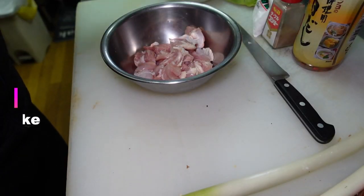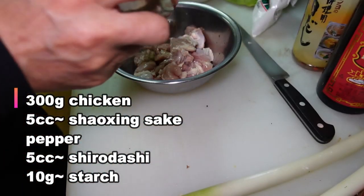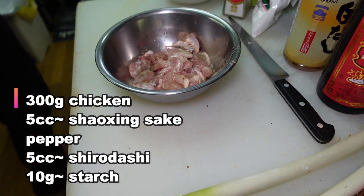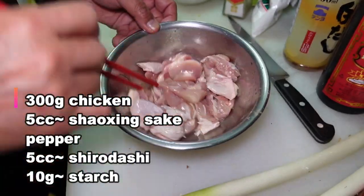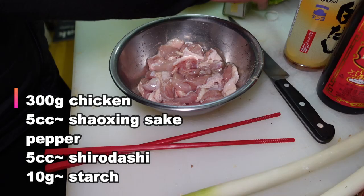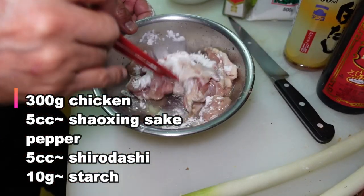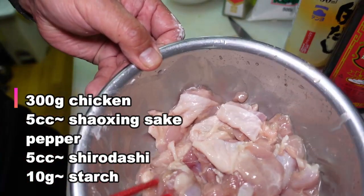Chinese sake, pepper, shiro dashi, salt, nuts, yes,